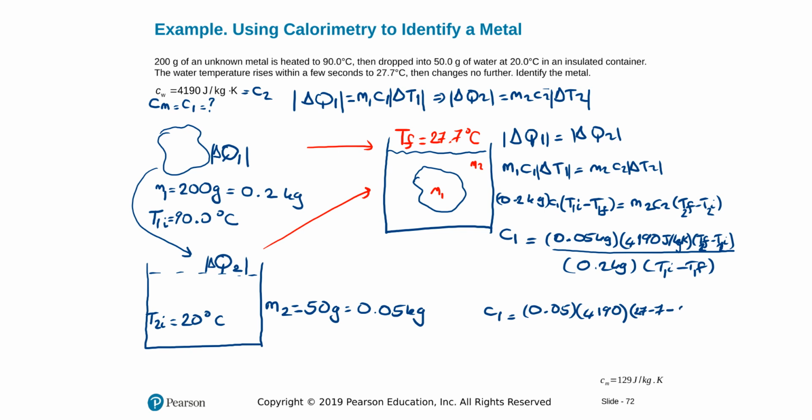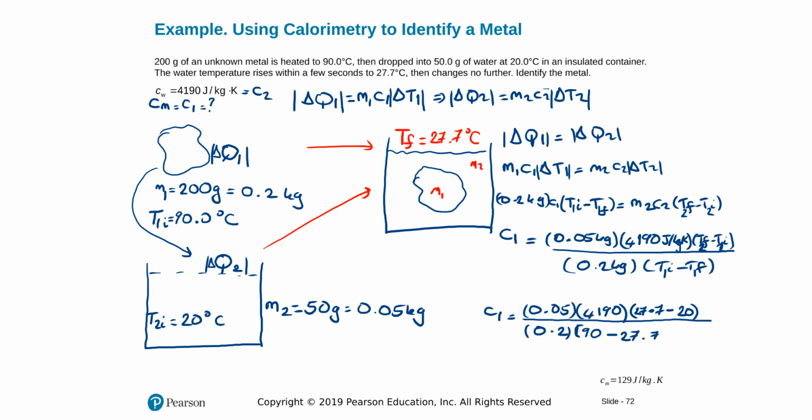minus 20. Remember, if we are taking the difference, converting to Kelvin or not converting doesn't matter, the difference will be the same. So I'm not taking the trouble to convert from centigrade to Kelvin. I'm using centigrade directly. You guys go ahead and do the same. Again, the difference will not matter. I'm going to add 273 here, 273 there, and they will cancel anyway when I take the difference. If it's not the difference, it matters. Keep that in mind. Down here I have 0.2 and T final, T initial, I'm taking the larger number minus the smaller just to take the absolute value there. So it will be 90 initial degree minus